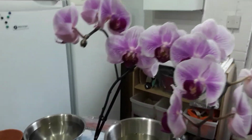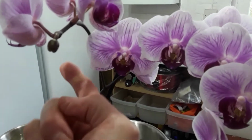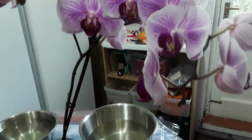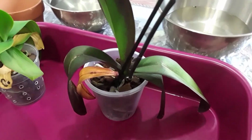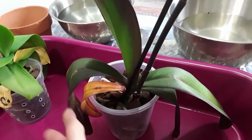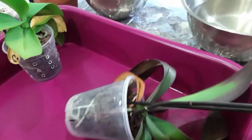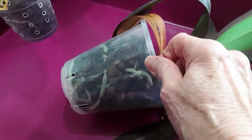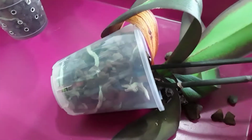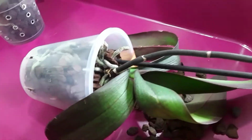So I'm in the garage now, and this one here, of course they know IDs, she's got new buds there, and she's got a new bud there developing, and she's got a very desiccated leaf. Is this the one that's got some split leaves? Yes, she's got some split leaves, and she's very top heavy, and she's wobbling in this pot, and none of those roots yet have shown any sign of developing, and probably they won't while she's got this